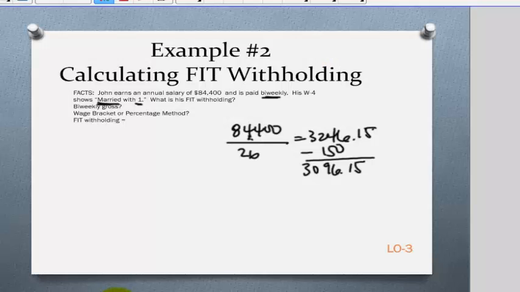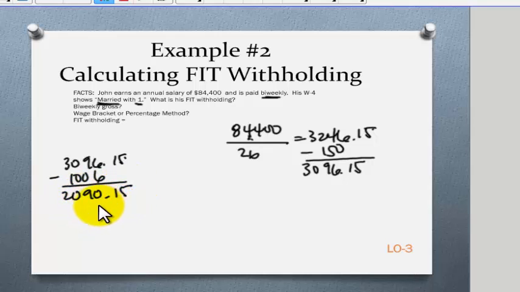So if we go back here, we've got $3,096.15, and I'm going to subtract out my 1,006, and that's going to give me $2,090.15. And then I'm going to multiply that by that 15%. So my excess over 1,006 is $2,090.15, and then they say that my tax rate is 15% on that. If you do the math, you get $313.52, and then I'm going to add in